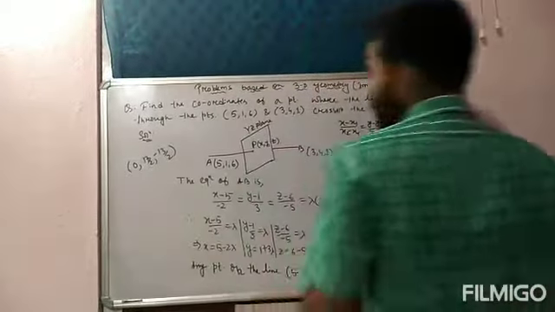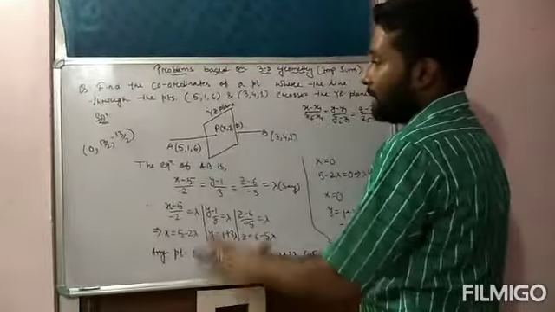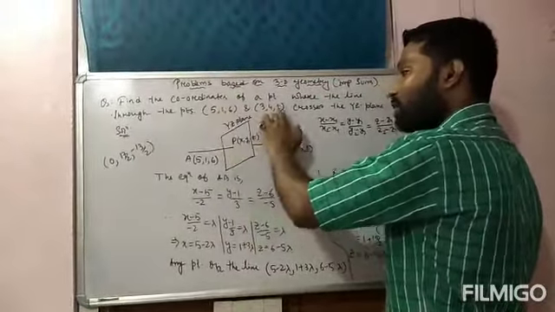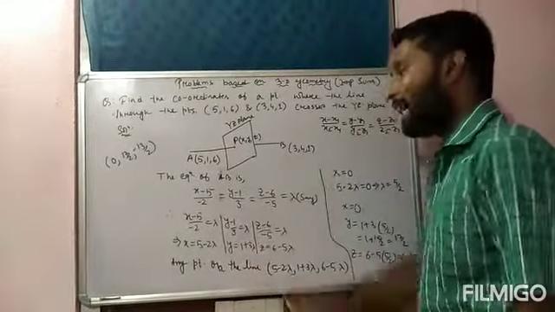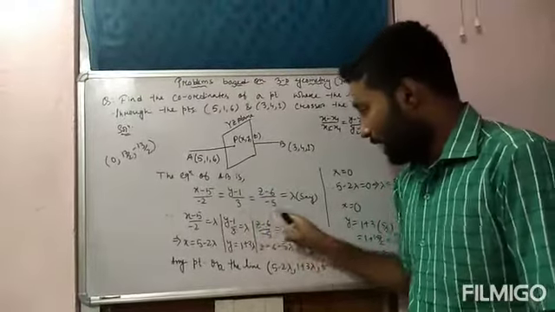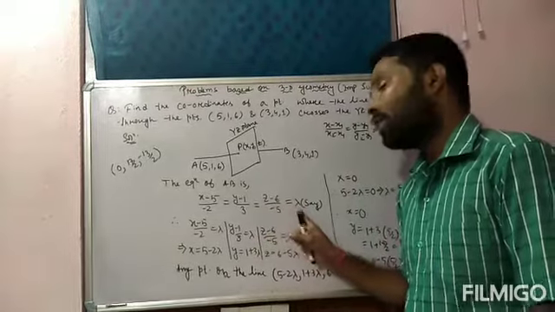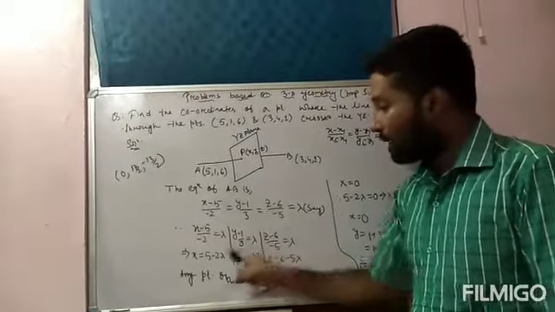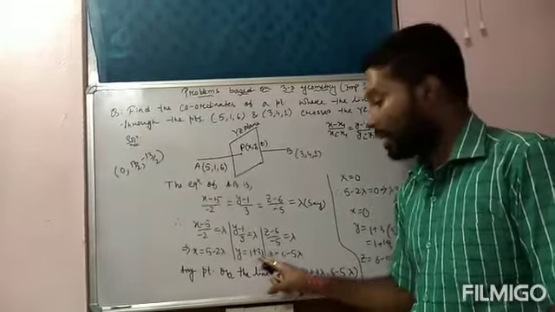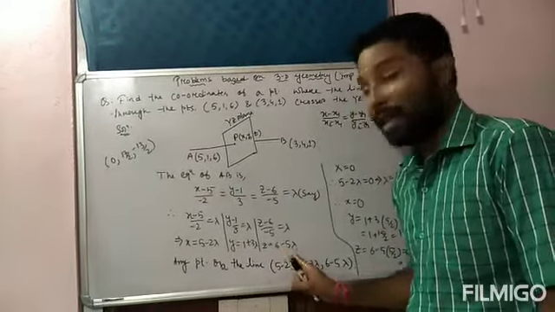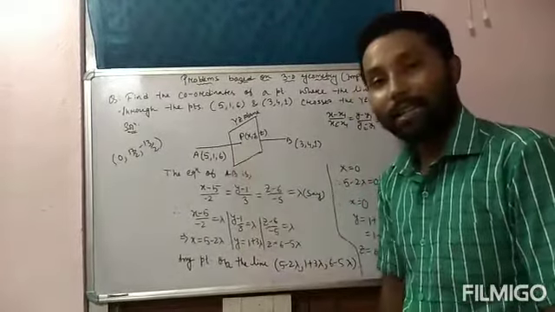Okay, so now we come back to the question to solve it. Since we know the line passing through these 2 points, but we don't know the equation of the line, let us find the equation of the line passing through the 2 points. So in this way, by using this formula, we can find the equation of the line, which is equal to, say, lambda. So from here, we got x equal to 5 minus 2 lambda, y is equal to 1 plus 3 lambda, z is equal to 6 minus 5 lambda. These x, y and z are what? These are the coordinates of P. Yes or no?